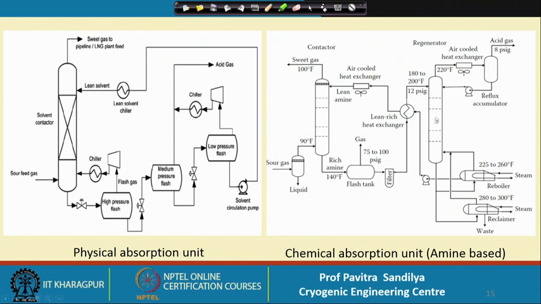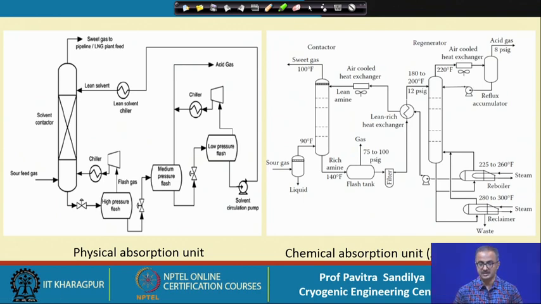That means we put in steam, for which we do external heating to generate it, and this steam is put in another column, the regenerator column. In this regenerator column we take the rich amine, the rich solvent, from the top and steam from the bottom, and then we get the regenerated amine from this column, and it is sent back to the actual absorption column.